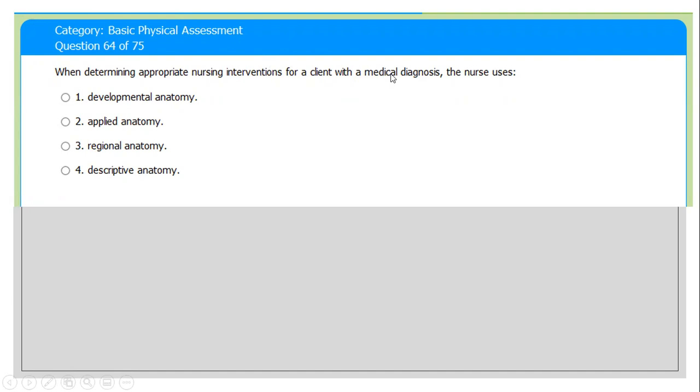Medical diagnosis is the process of determining which disease or condition explains a person's symptoms and signs. It is most often referred to as a diagnosis with the medical